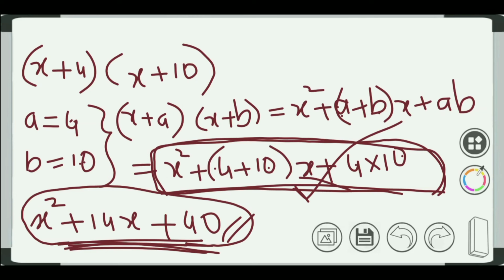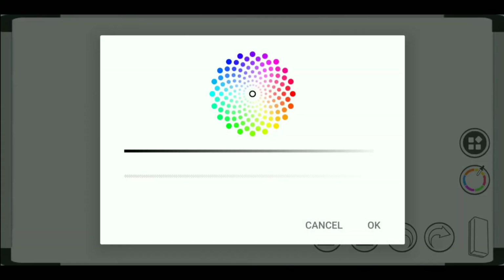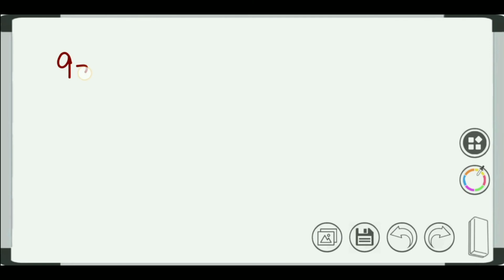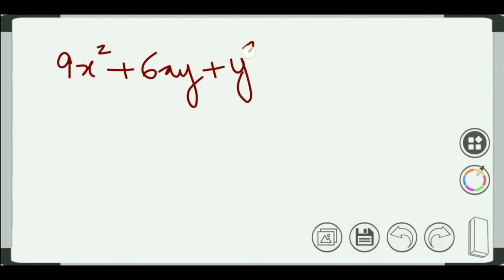Okay, if it is "factorize the following by using a suitable identity," you can just do it like that. You just put the value in, because you need to factorize. We'll take an example. See here, if the question is 9x square plus 6xy plus y square, this is just to factorize, not to evaluate. Okay, this is to factorize.